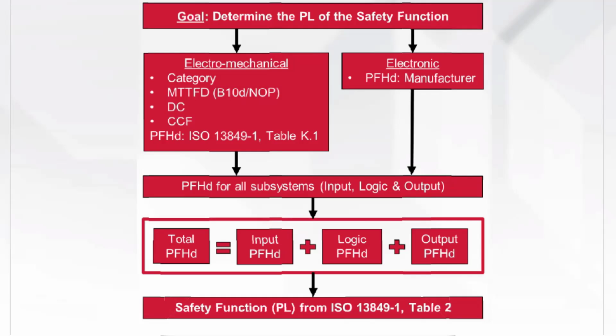To do that, manufacturers will publish data, the MTTFD, mean time to failure dangerous, it's called the B10D. They'll put that out there and you have to enter that into your calculation. This is why I talked about the big calculation you do. These are all those numbers that you see under the electromechanical that you need to know. You do the calculation and then you go to Table K in ISO 13849 and it'll tell you, okay, here's what you calculated, here's what it equals. So this is your